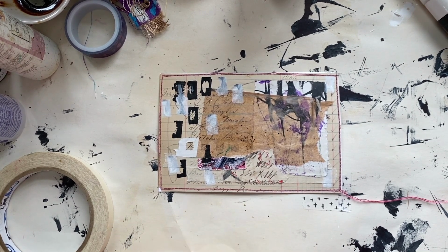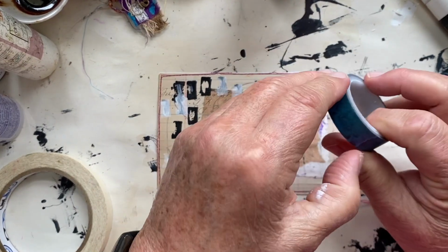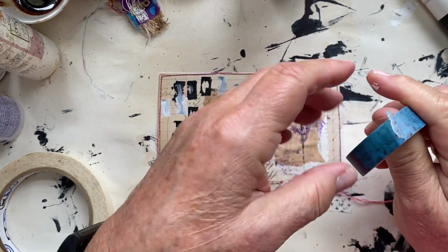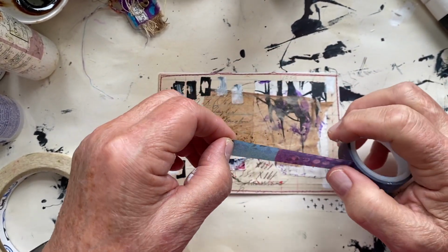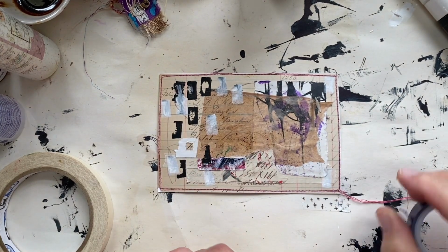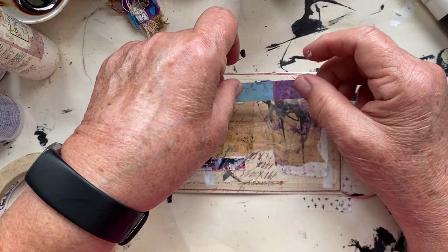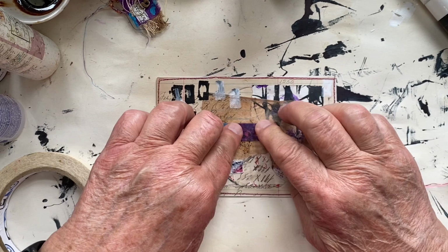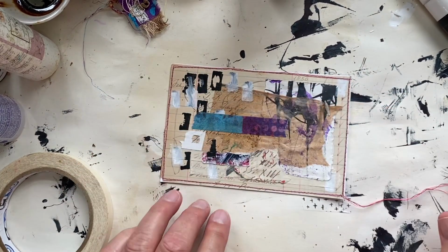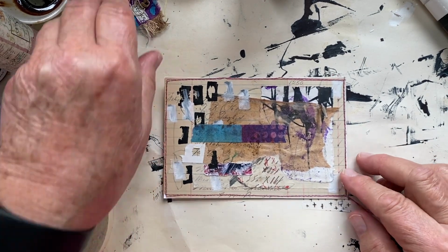Now the only other thing, no, that's not true. I got to do my Dina Wakley washi tape. Can't forget that because that's one of my continuing things. I've put it on every card so far, and I plan on doing that throughout. So I'm going to put it right here on top of my tea bag. And okay, now the only thing I have left is to put down